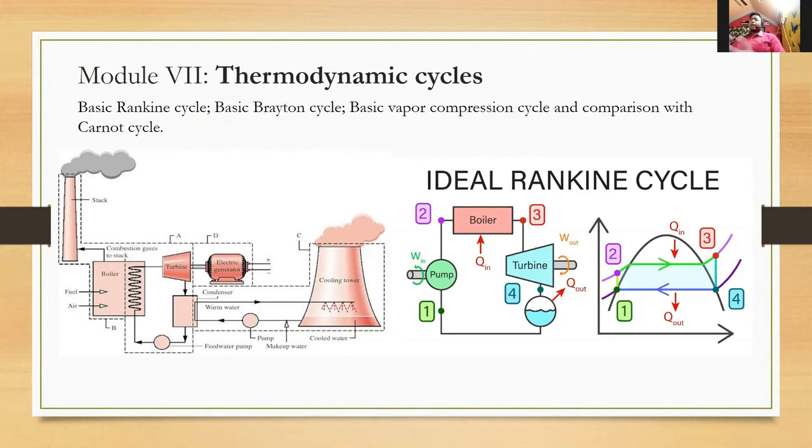So among thermodynamic cycles, one of the very important cycles is the Rankine cycle, which actually deals with the power plant, as you can see here. But we'll go into intricate details on how it is related to each other. And as I said, the understanding of pure substance will be extremely important. Without the understanding of pure substance, you cannot analyze a cycle and make the diagram. Like this is a TS diagram, the temperature and entropy diagram, which is very important to analyze the whole thing and then calculate the efficiency of the cycle.